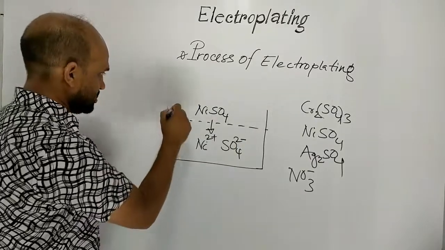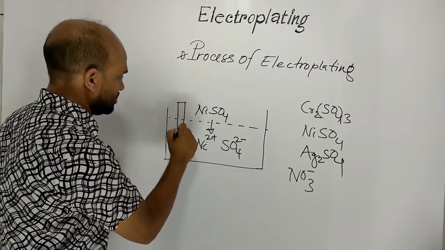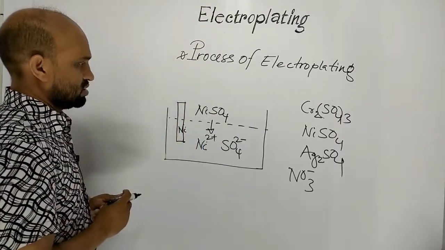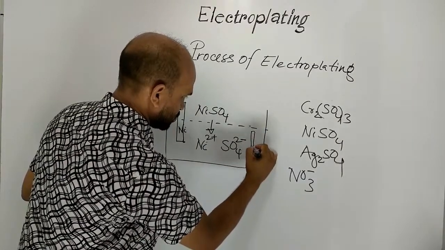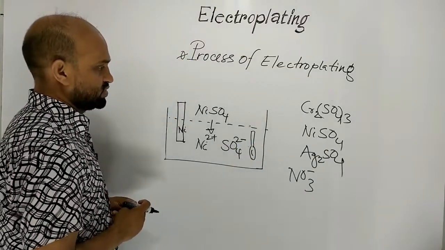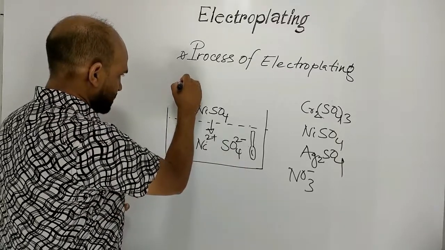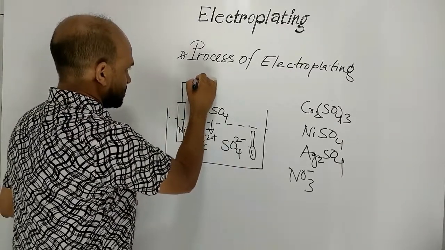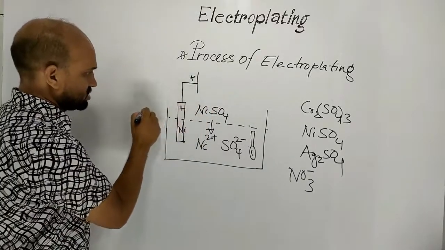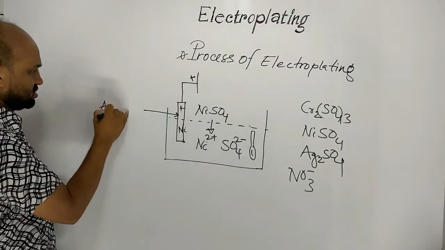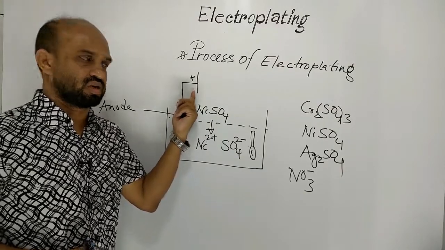Now in this solution, this is a metallic bar of nickel, and here a spoon is dipped as electrode. This nickel electrode will be anode. Anode is positively charged, that is connected to the positive end of the cell,